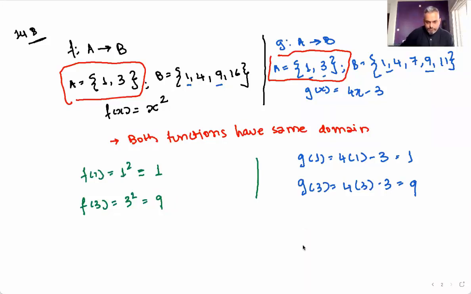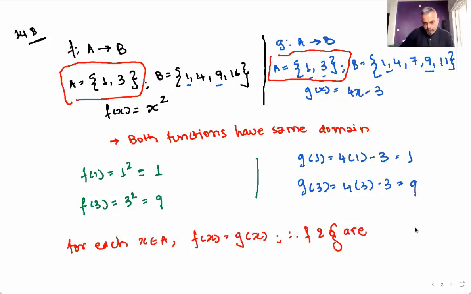So let's write, for each x belongs to A, f of x is equal to g of x. You can see it is the same 1 and 9, 1 and 9, 1 and 3, 1 and 3. Therefore, f and g are equal function. Hence,